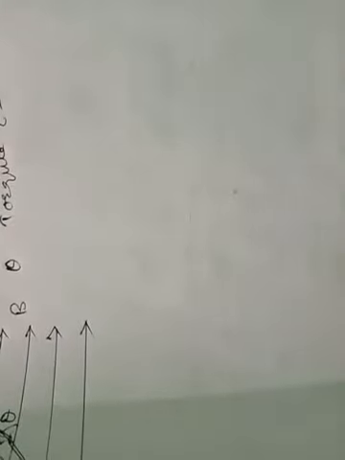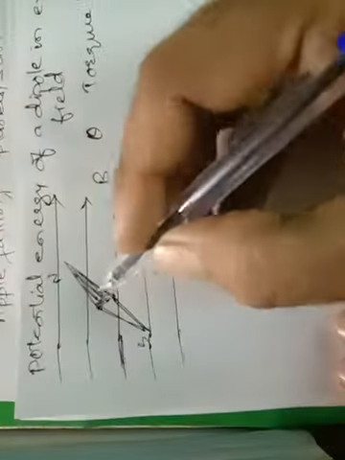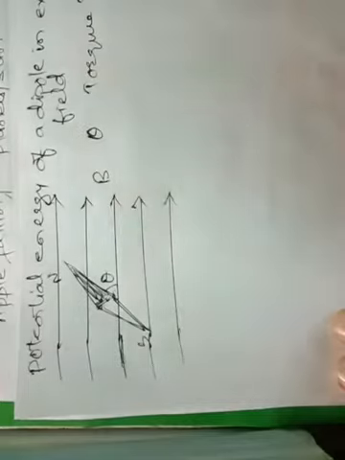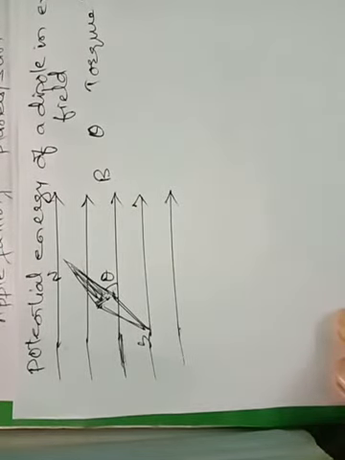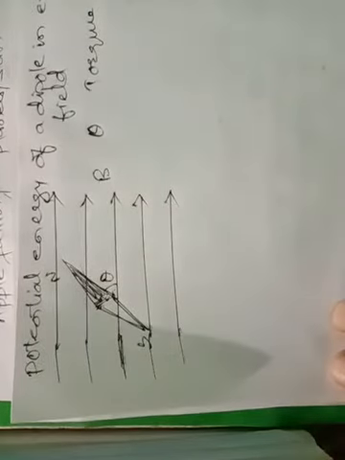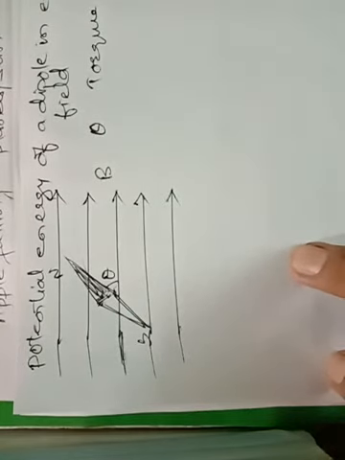Now, suppose I have to calculate the potential energy. First of all, I have to calculate the work done by rotating the dipole by an angle d theta. So if we consider that this dipole, this magnetic needle, is rotating to one side, then to bring it into a different position, what has to be done? It must have potential energy. So that potential energy will be calculated by calculating the work done.